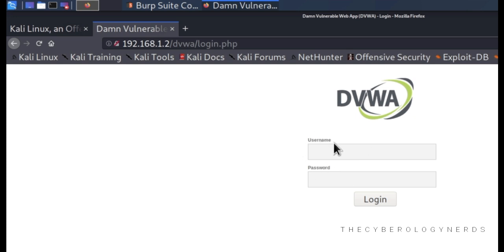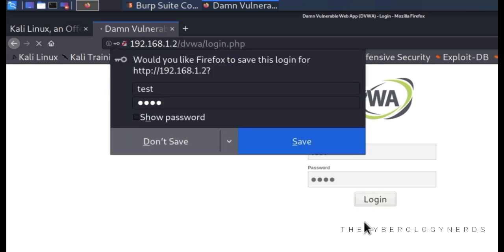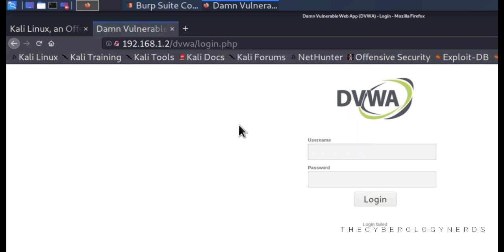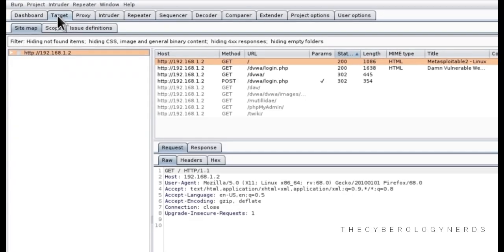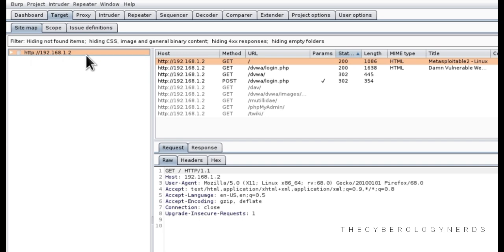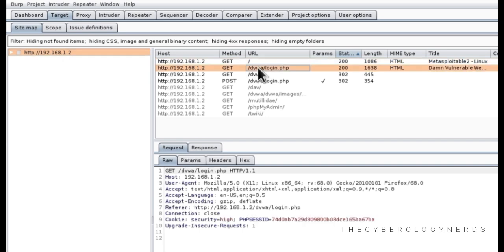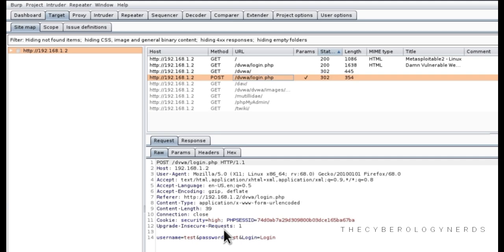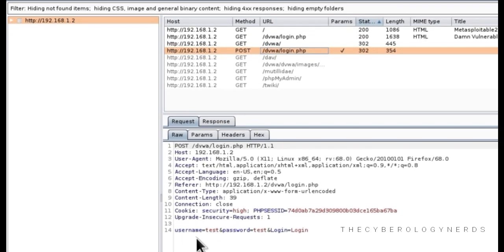The first thing that we want to do is we want to specify any credentials right here, for example, test and test. And once we click on login, this request that we just performed on our DVWA page will be saved inside of our Burpsuite. So under the targets, we got our target machine right here. And if I find the packet, here it is. Here is the packet that we sent. So we sent the post request and we sent our username of test and password of test to the target